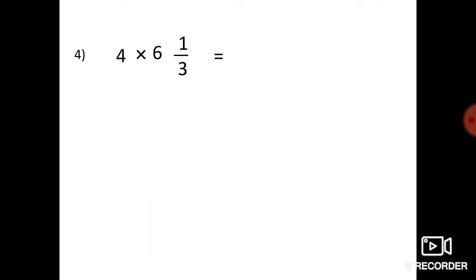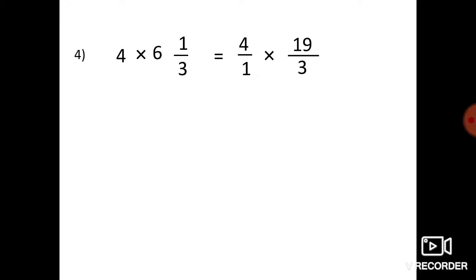Then the third question: 4 into 6, 1 by 3. Here also 4 has no denominator, so we write 4 by 1 into. Next is a mixed fraction. We convert this into improper: 3 into 6, 18. 18 plus 1, 19 by 3. Then from here we can check if it is